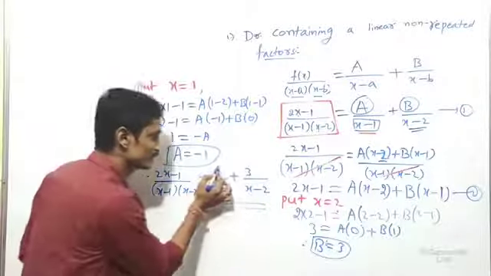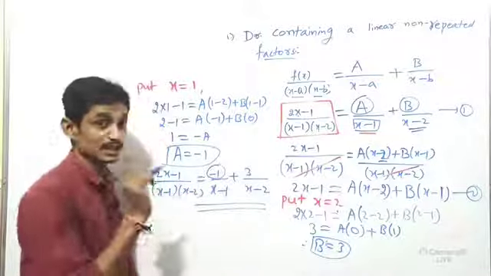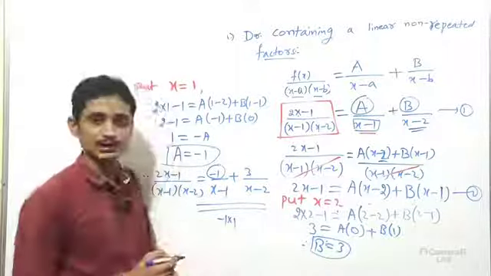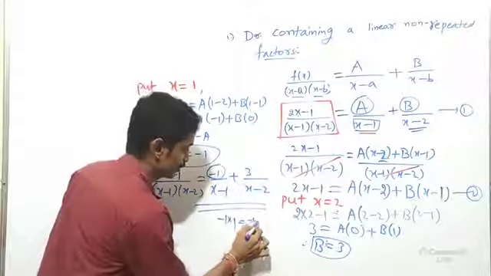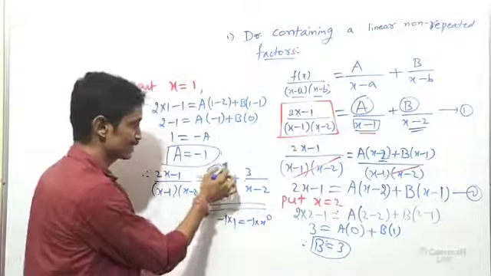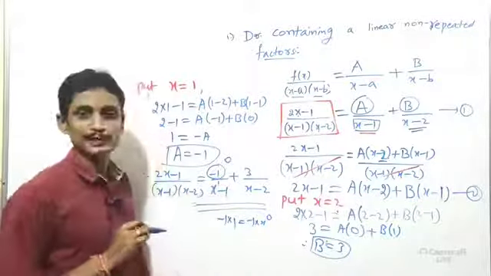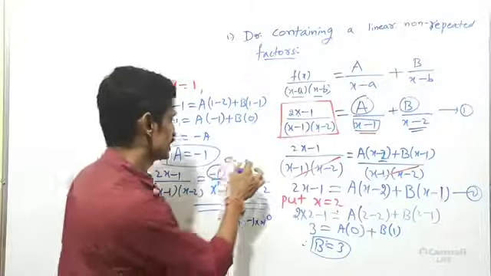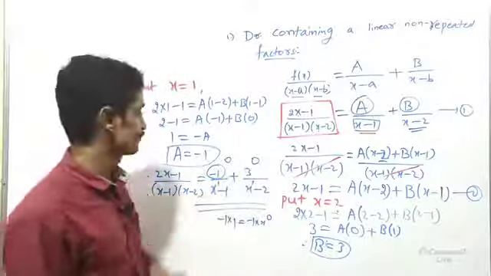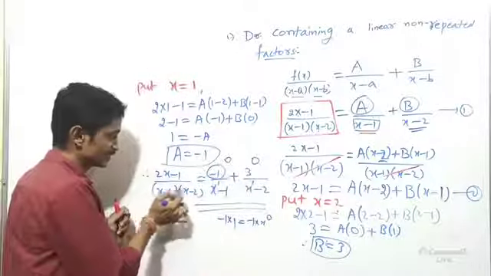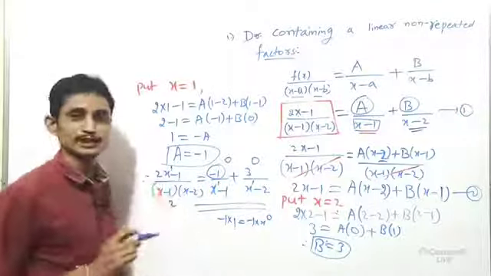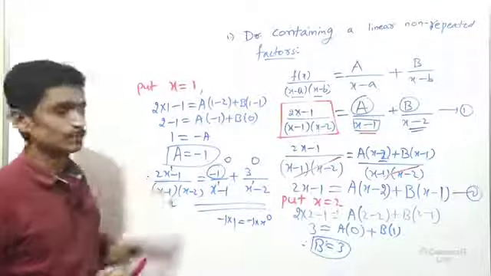What is the degree of this numerator part? Anybody? Constant is there, purely constant. Constant means into nothing, 1 I can take. So minus 1 into, shall I write, x power 0? Look, the degree of the numerator is 0. The degree of the denominator is 1. So proper fraction. Here, x into x is x square, degree of the denominator is 2, degree of the numerator is 1. So this is also a proper fraction.